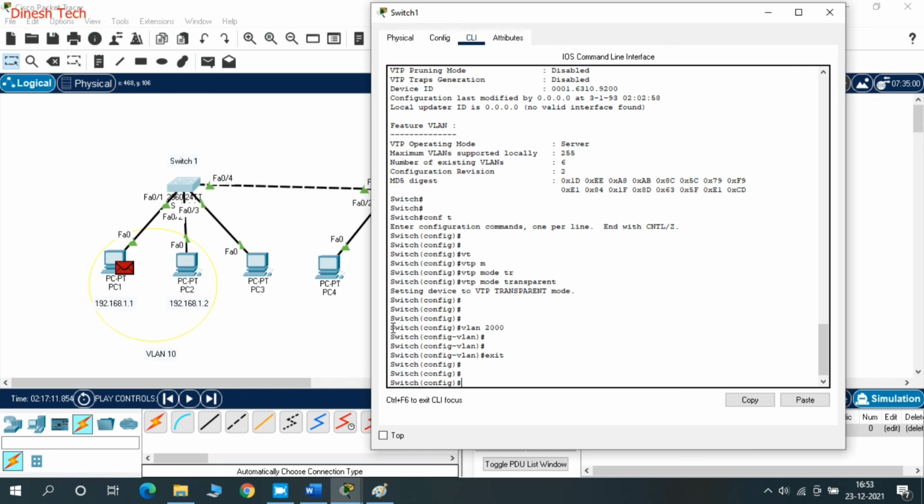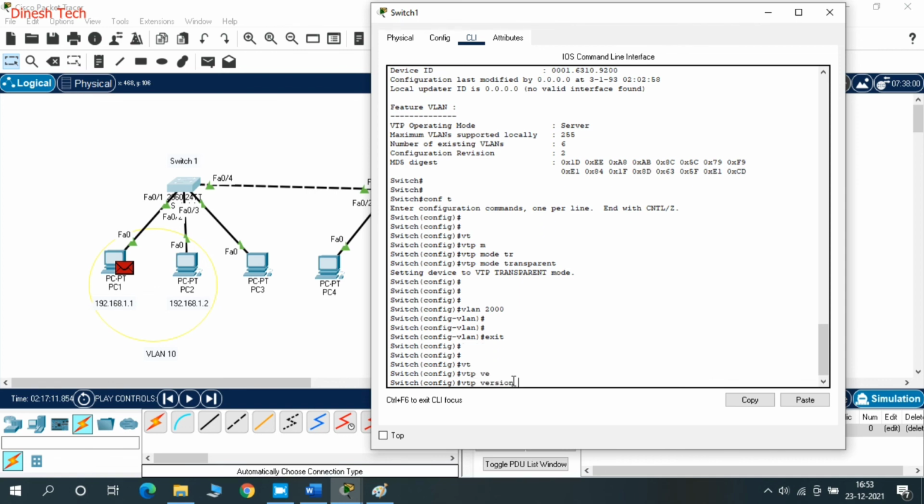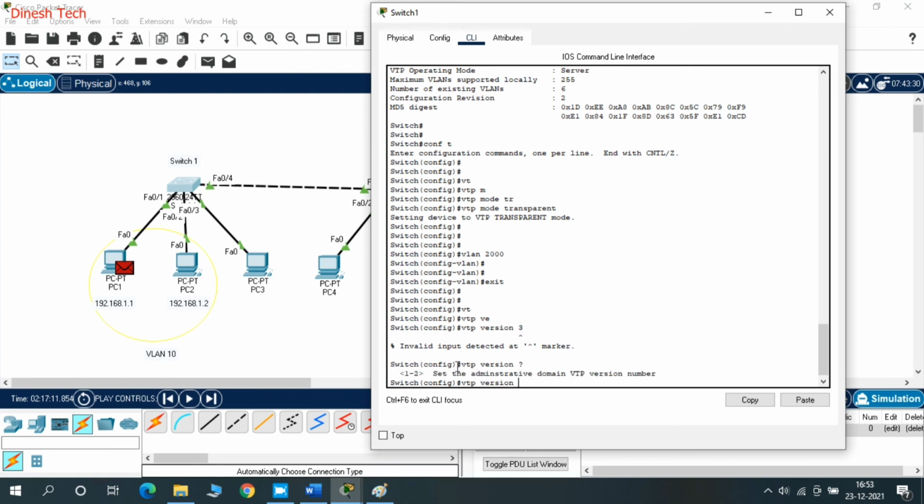And one more option is if you are using VTP version 3, then it will be possible. Currently VTP version 2 is running. We'll try to configure VTP version 3. The command is vtp version 3. See, it's not taking that command. Why? Because this access switch only supports VTP version 2.